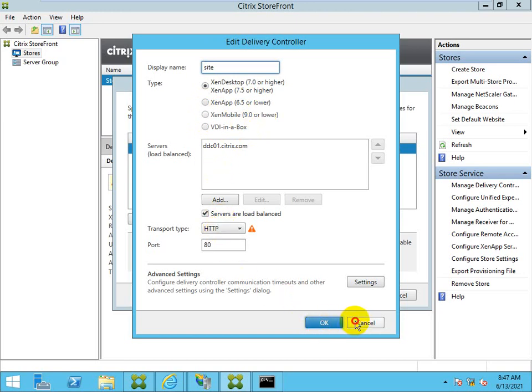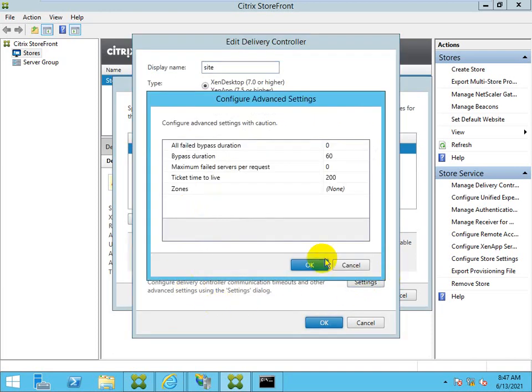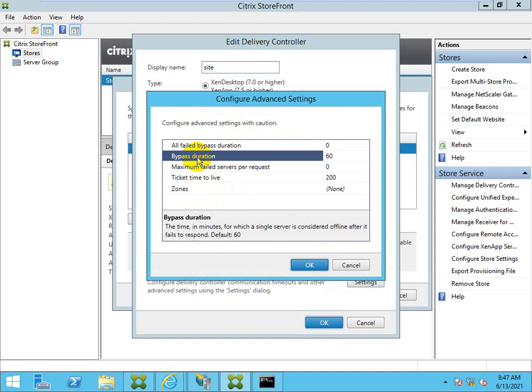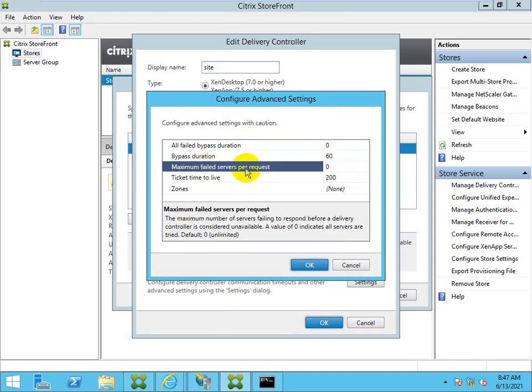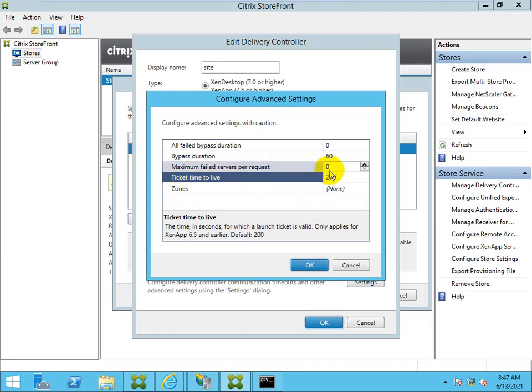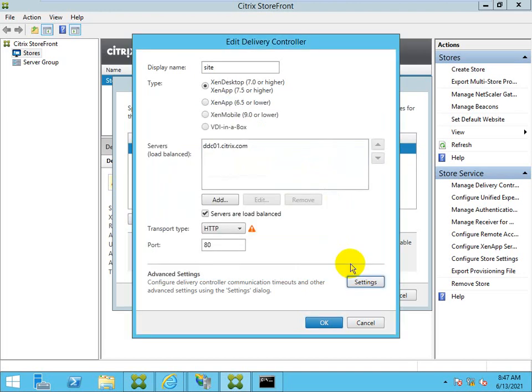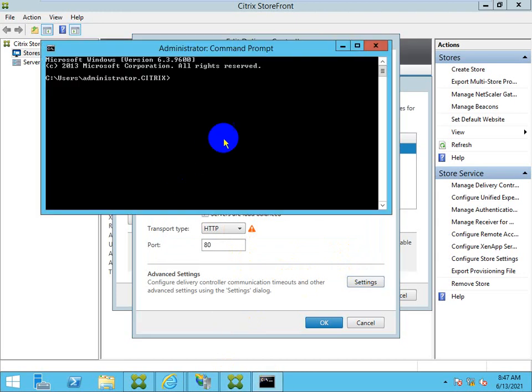One more thing I can show you here is advanced settings. All fails bypass duration is 60 seconds. Maximum failed server request is 0. TTL, time to live, is 200. Once you run the ping command, you can see the TTL there.